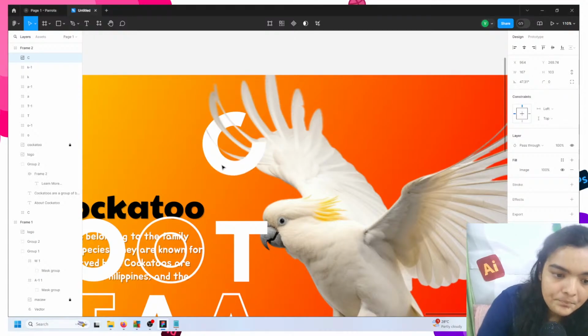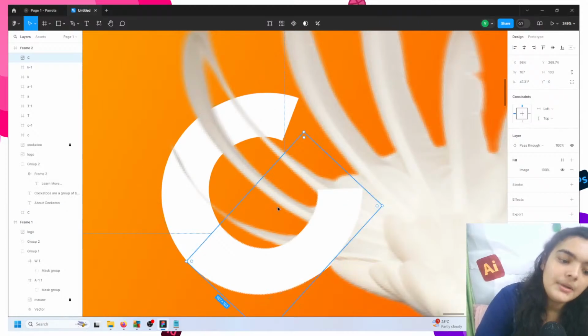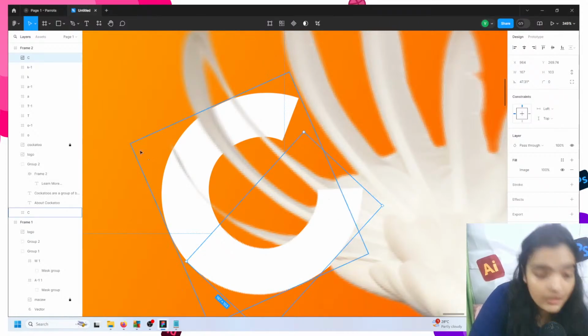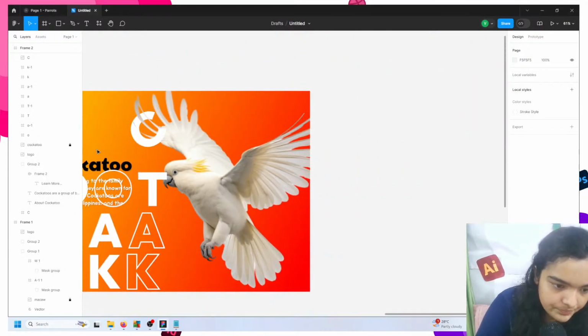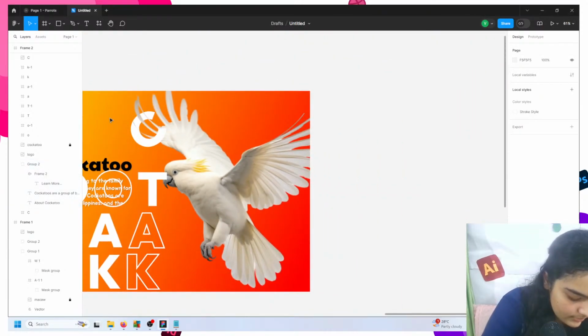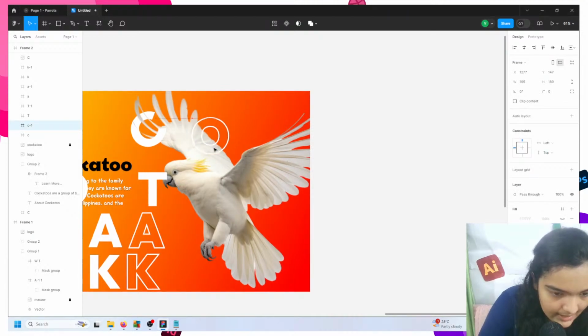All right, and now this C looks like it's behind the parrot, but at the same time it looks like it's in front of the parrot. This will start to look really, really cool. All right, and now we are going to take this O once again, place it,